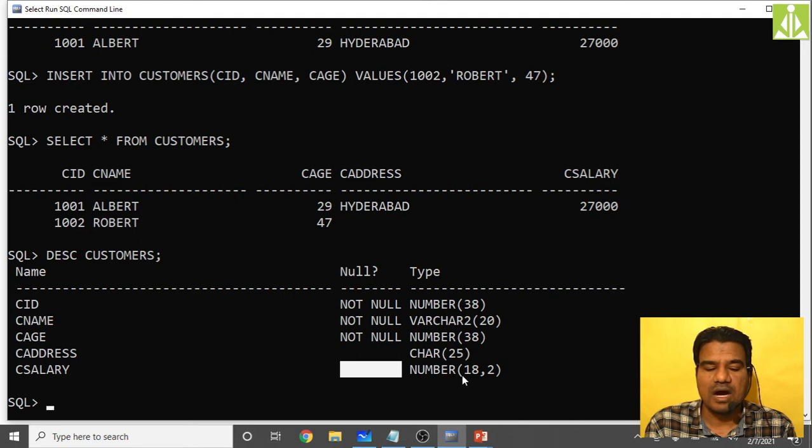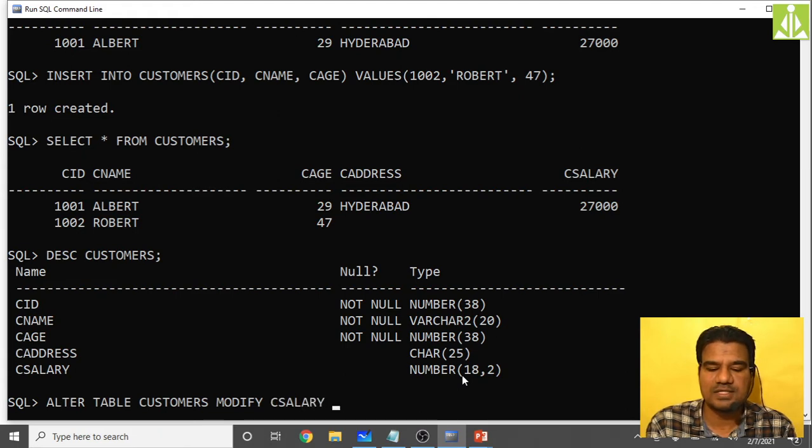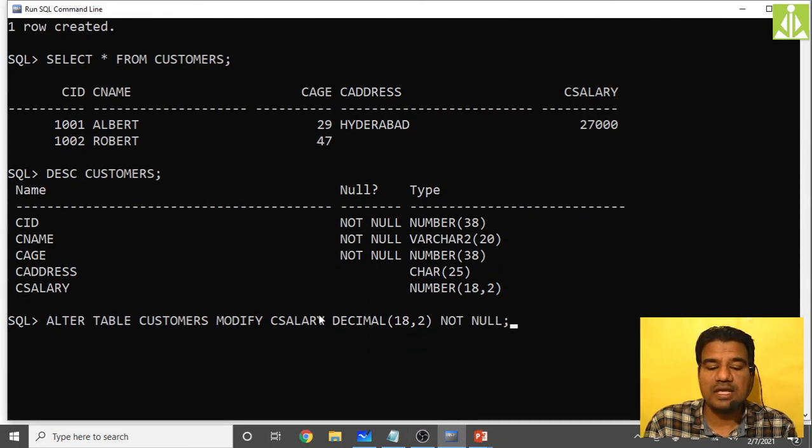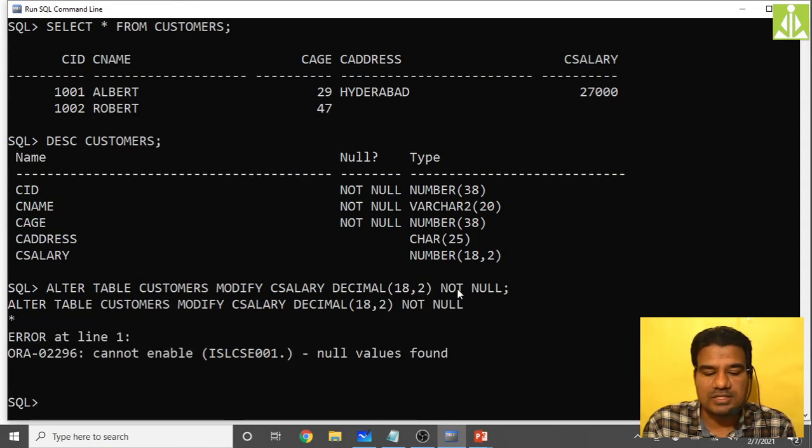Again, alter table customers, modify C salary, decimal of 18 comma 2, not null, like this. Now your C salary column will also become not null. Simply see that. Okay, it is giving an error, null values found.